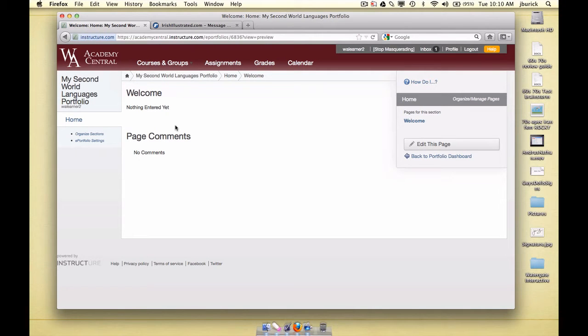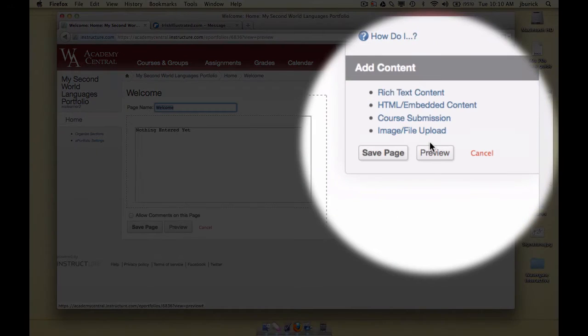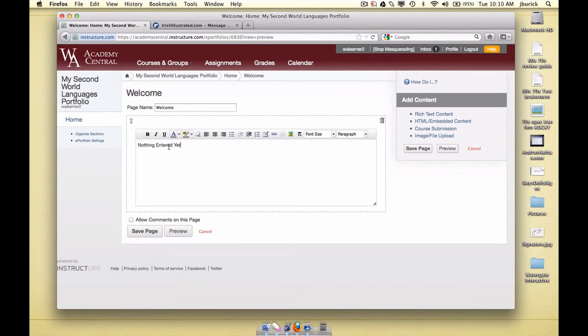And then this is our first page. So you'll notice on the left-hand side there are no sections. There's only one page right now called the welcome page, which we are on, and we're ready to go. So maybe the first thing you want to do is just go ahead and type in some sort of welcome introduction paragraph here real quick. To do that, you click Edit Page, and then you would type in your text right